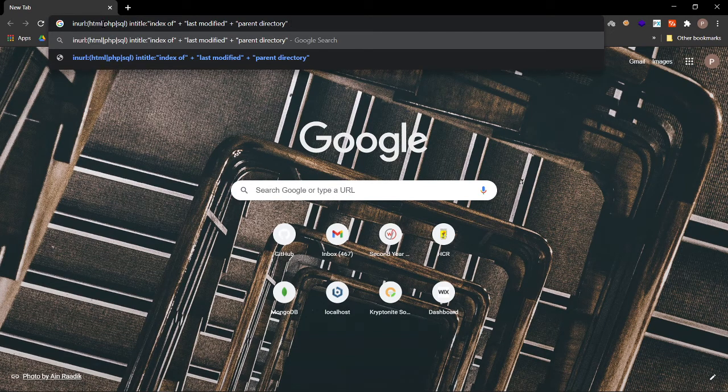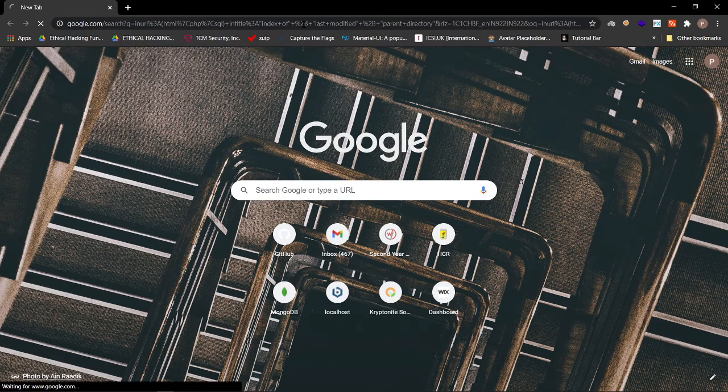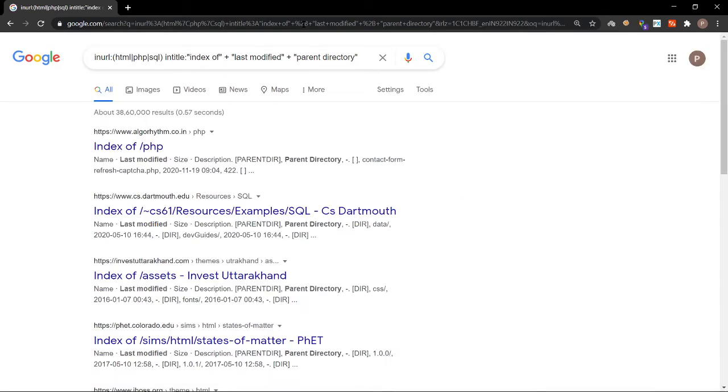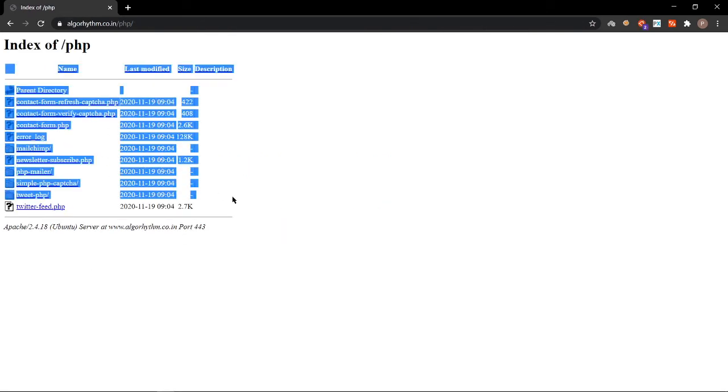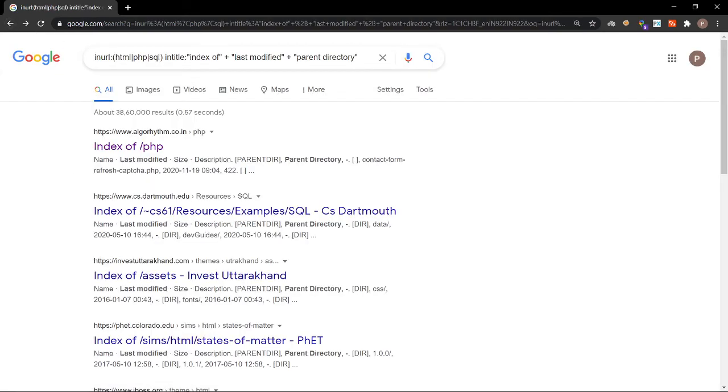And HTML, PHP, and SQL are some languages used by web developers. So if I type it, you see I can get relevant results accordingly. See, the first page is of last modified and parent directory. Okay, see, their directory has been exposed. You can use it in such a way, and then again coming back.